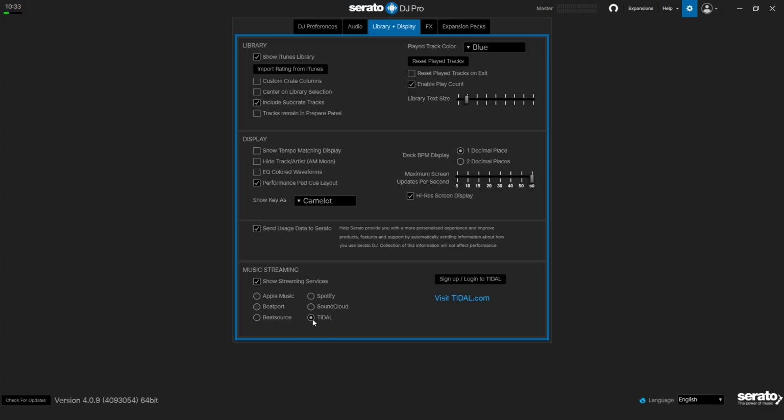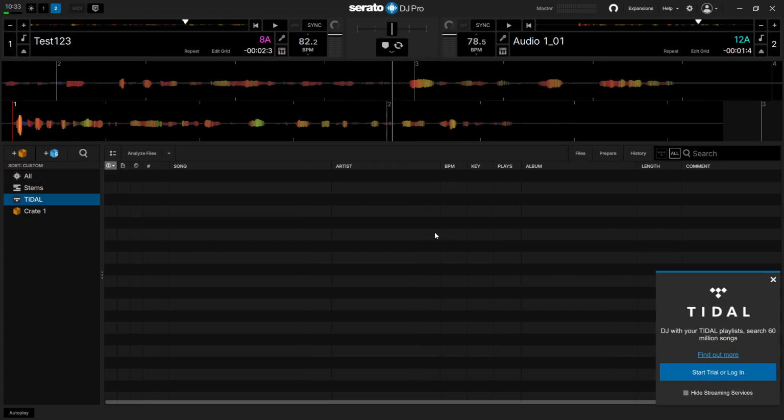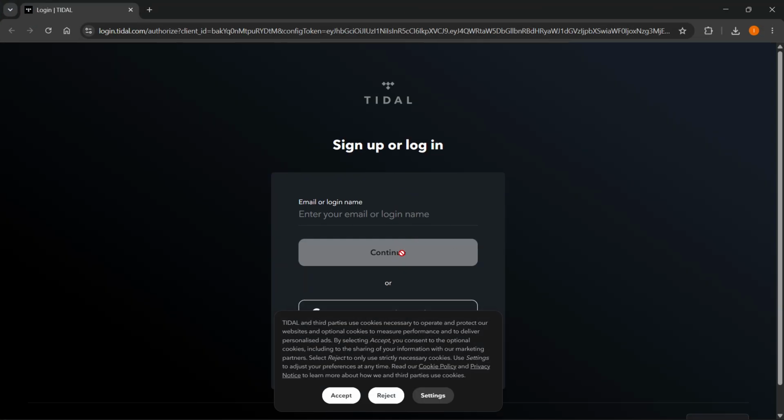So just click on TIDAL, and you'll notice that when you go back, TIDAL is now over here on the left as well, okay? So to actually add it and connect it, you can click on TIDAL, and you can then go and click on Start Trial or Login at the bottom right, which is going to take you to their official website. It's going to load in up in your browser, and it's going to allow you to basically sign into your account or create one, and then from there you'll be able to, of course, sign in and